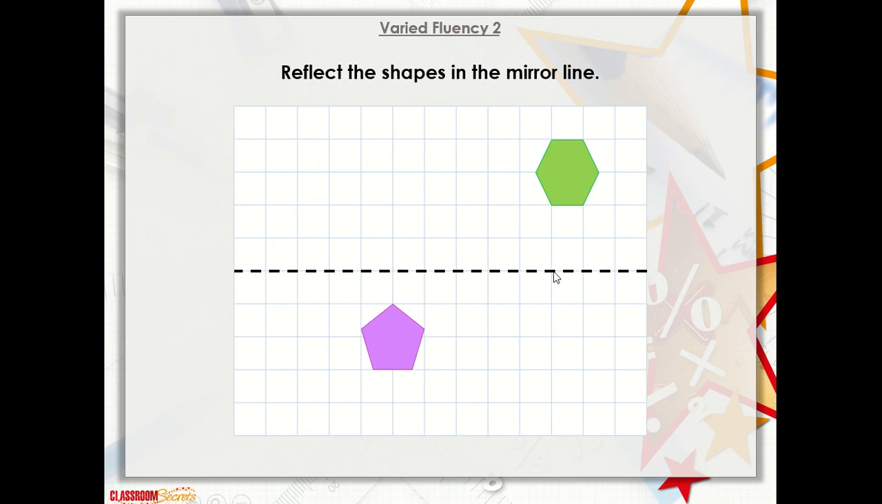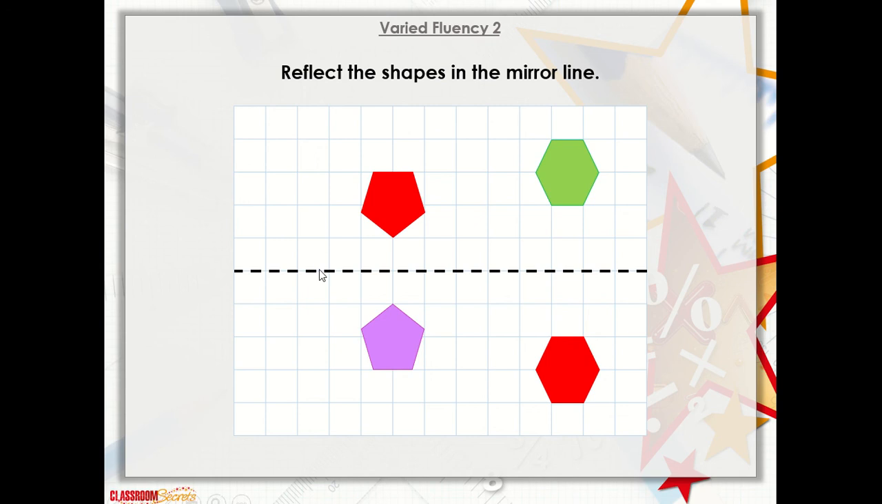What's this one here? Again, from the mirror line, 1, 2, 3, that one's 4 away. So exactly opposite from the mirror line, 1, 2, 3, 4, put a little dot. When I've done that, I'm going to join up all the dots and I will get